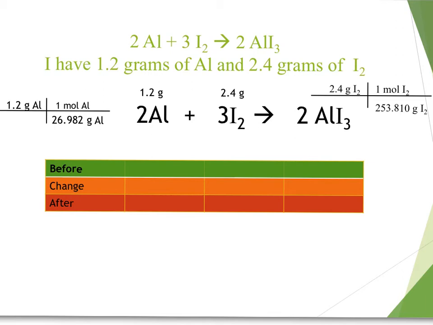The 1.2 grams of aluminum divided by 26.982 grams, the molar mass, gives you 0.044 moles of aluminum. And then the iodine, 2.4 divided by 253.810, gives you 0.0095 moles of iodine. And then we are, again, starting out with 0 moles of our product. So this time we need to figure out